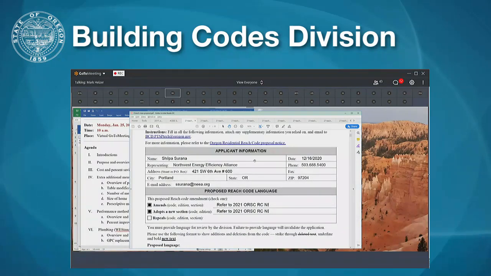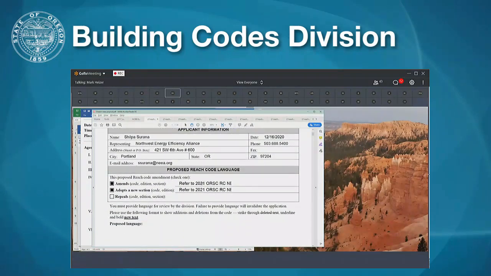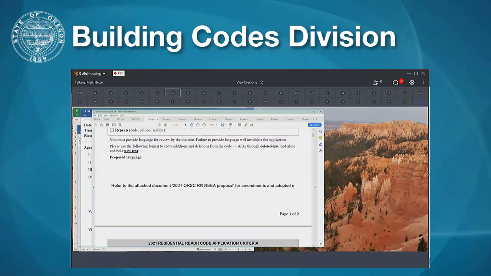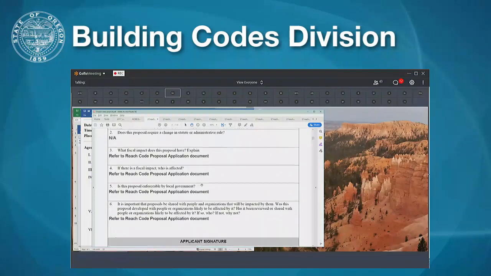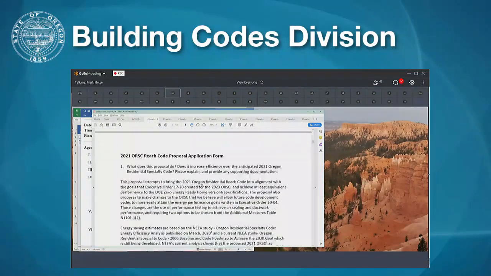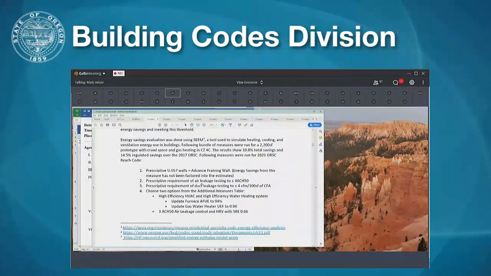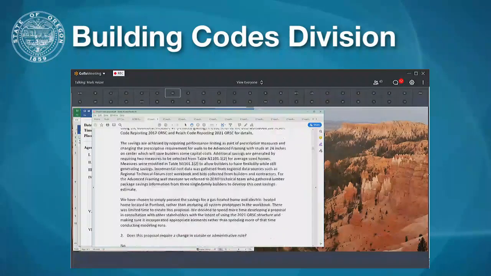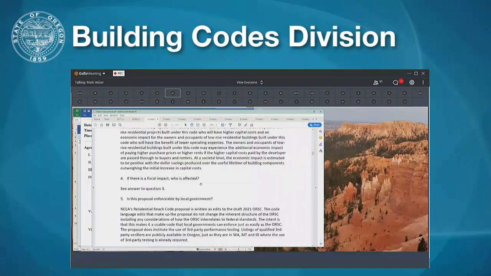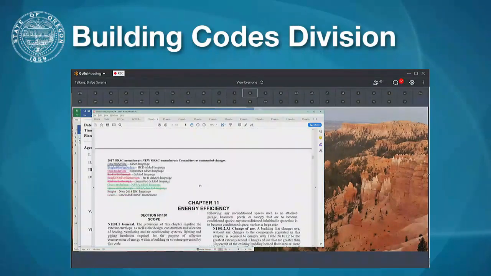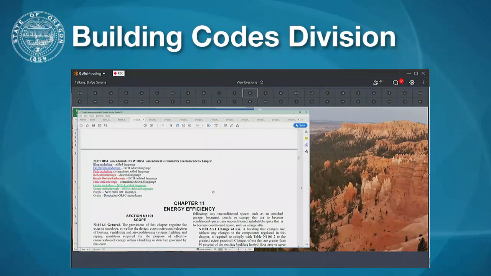But here is the Northwest Natural proposal. I'm going to ask Shilpa if she would like to give an overview of her proposal. We're going to come down to the markup language, and Shilpa, if you don't mind, I'll let you take it from here for a short period for an introduction. Thank you, Mark. Is there a time limit? Let me know when I need to stop. We'll try and keep it in a general high-point overview, and I can scroll through to certain sections if you'd like to point out particular pieces.